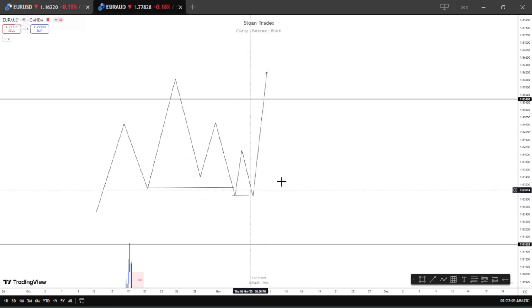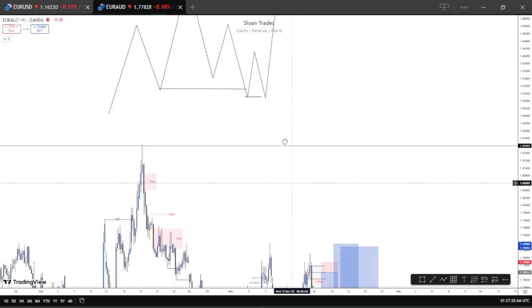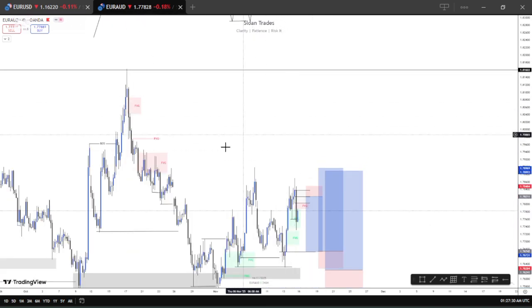Drawn liquidity is basically whatever happened between the previous day and the current day if it's a daily time frame, or the past 2 days and the previous day, or in a weekly time frame, the previous week or the last 2 weeks, and then the previous week. I think you get the gist. So coming down to this chart on EURAUD,